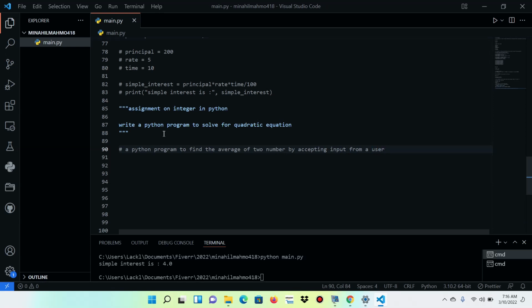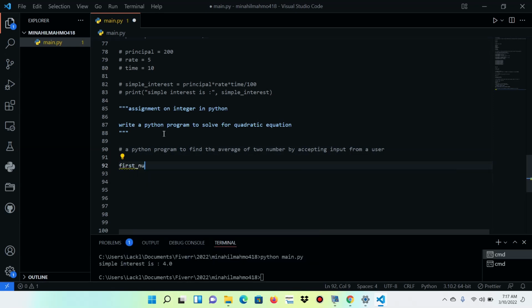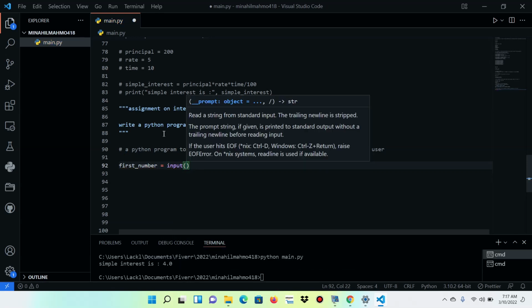In this case, we are meant to accept two different inputs from our user, and we want to find the average of those two inputs. So we are not the one that's going to give it a specific value. We just want our user to type in a value that he wants by himself. So in this case, let's say our first number will be equal to, then you call input. In Python, we have a function called input that is used to accept input from our user. So input, enter